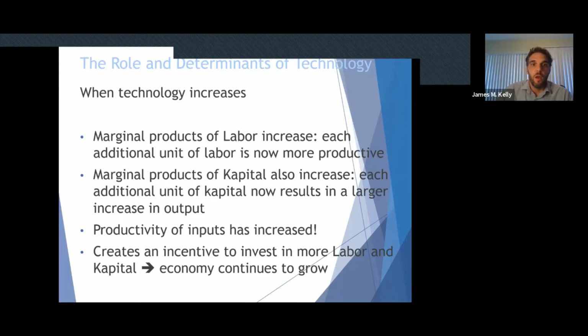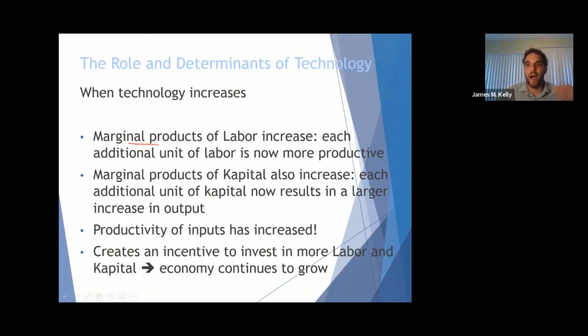But when technology increases, what that means is that the marginal products, the additional output from one more unit increase in capital and labor, are going to get bigger. With higher technology, a 1 unit increase in labor, a 1 unit increase in capital is now going to result in a larger increase in output. So marginal product of capital, marginal product of labor, these are like the marginal